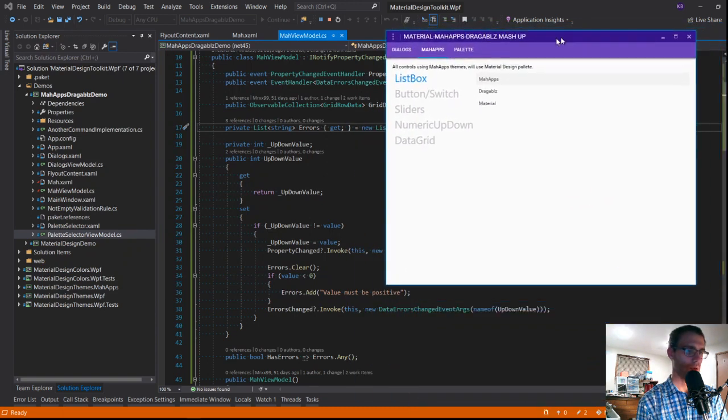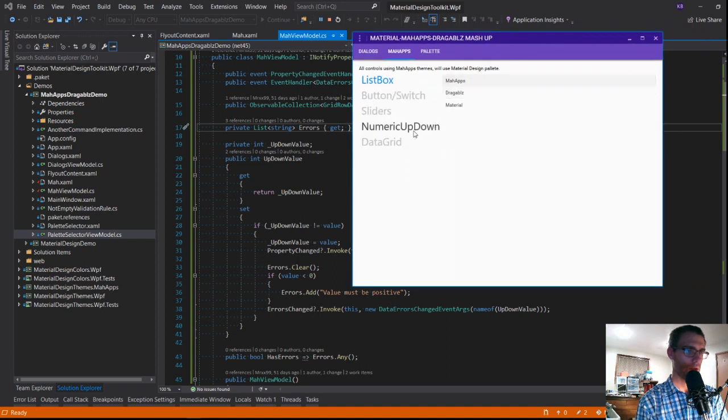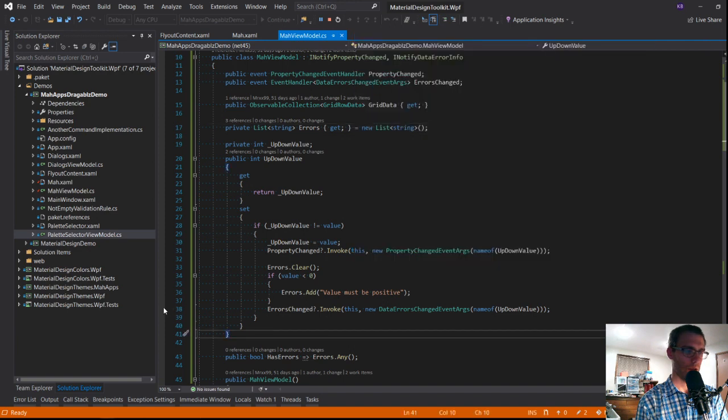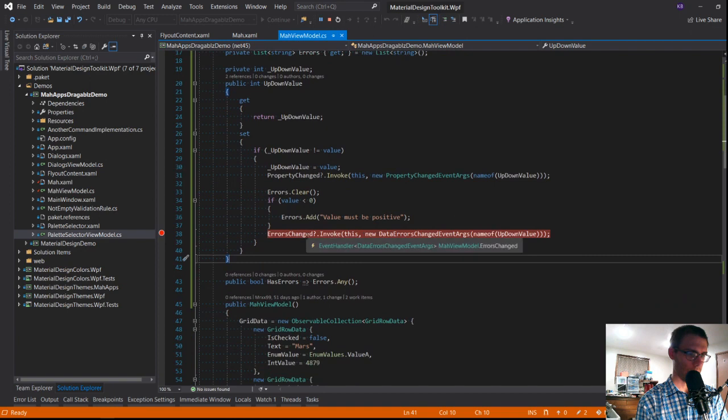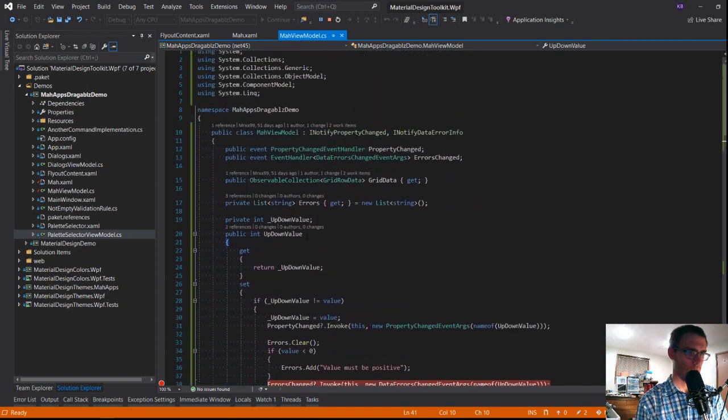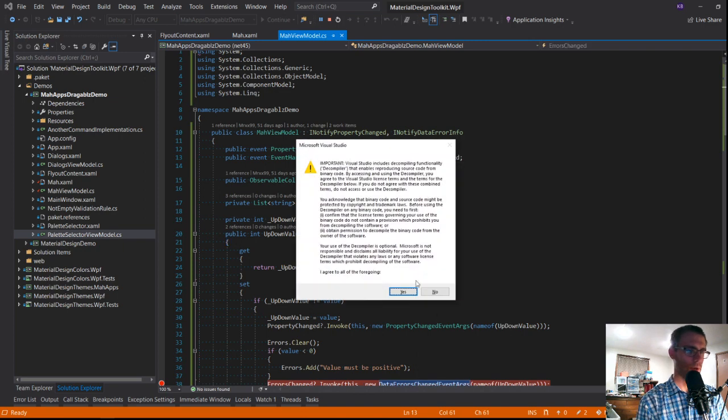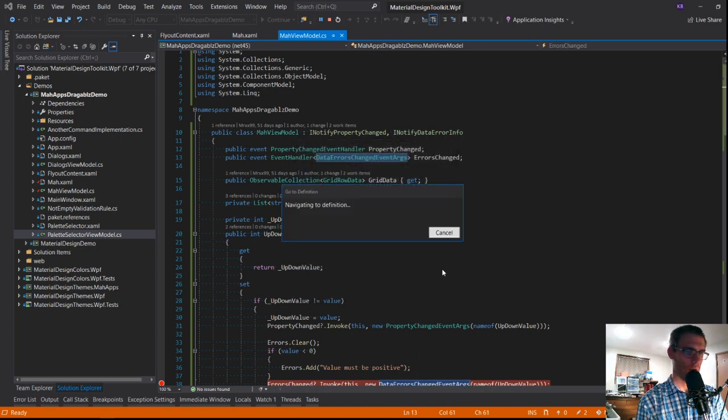So numeric up down. See backwards. This guy doesn't appear to show any. Hold on, I'm noticing a problem here. Data errors changed, but why? Something's not right.